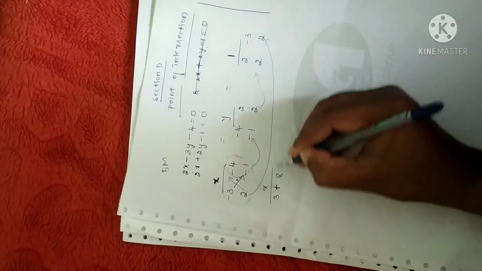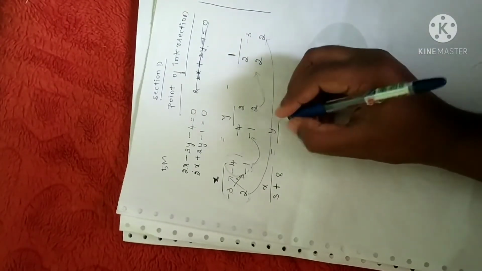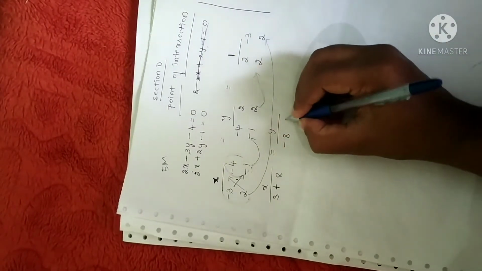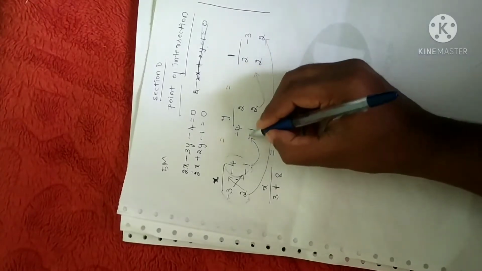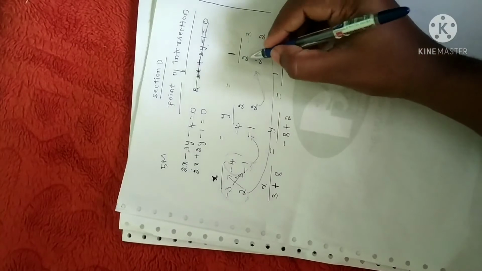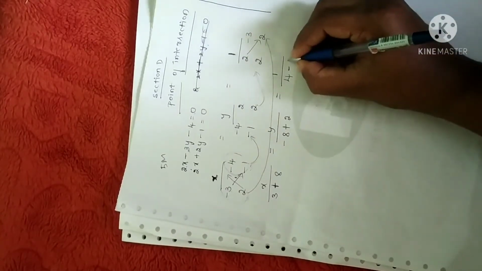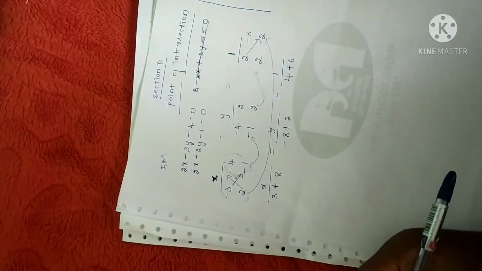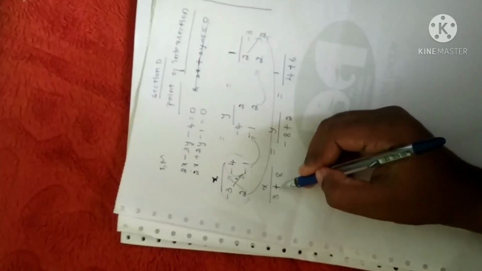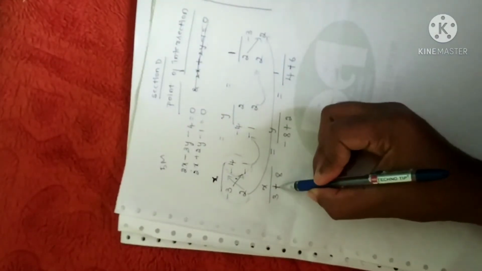2 4s are 8, which is equal to y divided by 4 into 2, 8. Since you have negative, you have to put that. Again 2 into 1 is 2. Minus already is there. Since minus of minus becomes plus, again which is equal to 2 into 2 is 4. 2 into minus 3 is minus of minus is plus 6. Fine. Just do the cross multiplication. In between it is understood a negative sign will be there. Again, if you have one more negative, negative of negative will become positive.